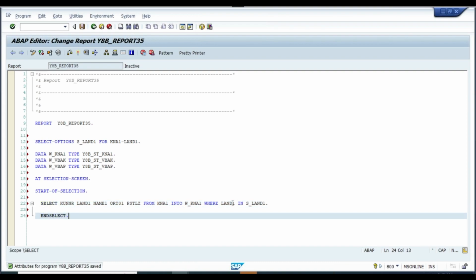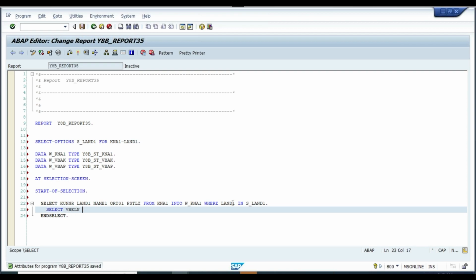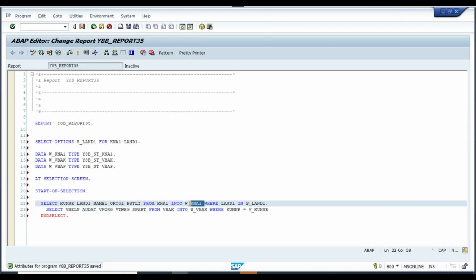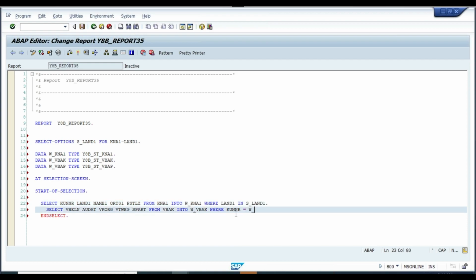And select. Now select VBELN, AUDAT, VKORG, Kunnr, VTWEG, SPART from VBAK into work area VBAK, where customer number equal to, earlier we were writing V underscore customer number, but right now the customer number is not coming to a variable. The customer number is coming into this structure, work area KNA1 hyphen customer number, and select,